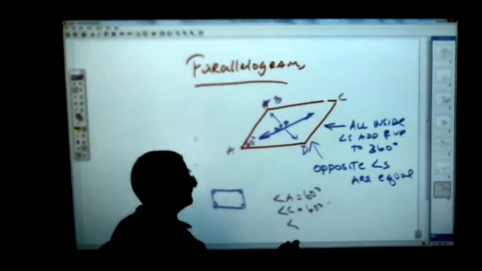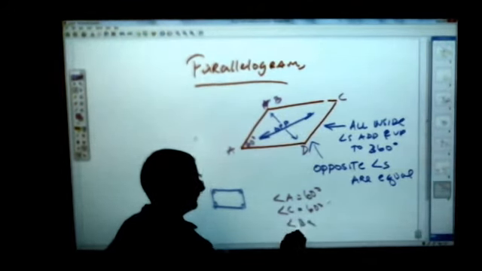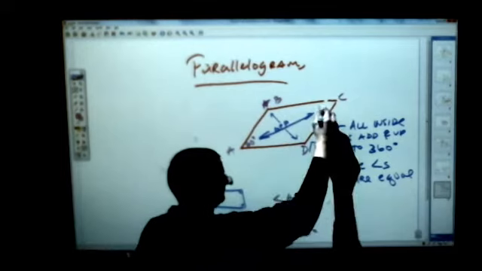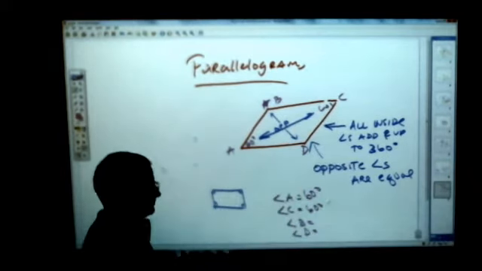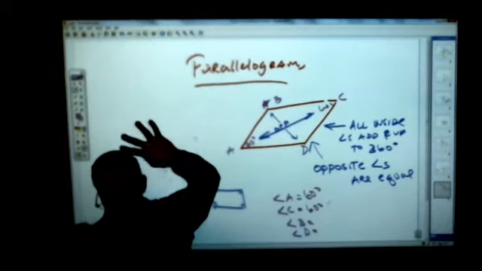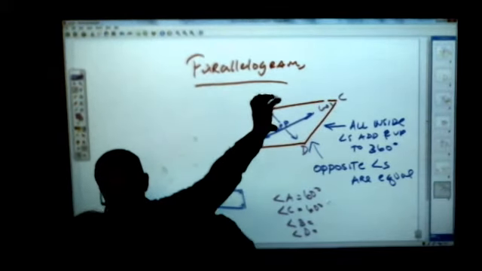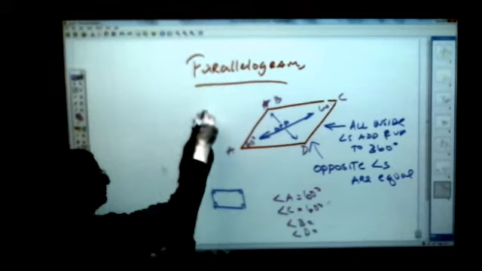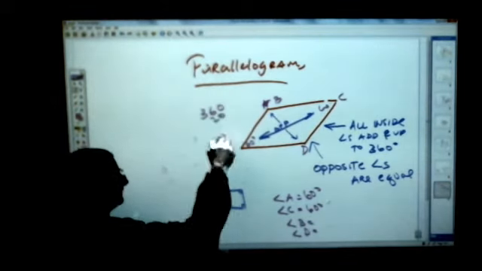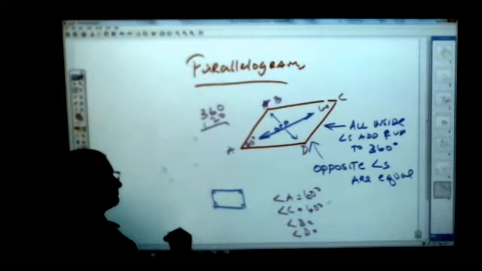Now what about angle B and angle D? Well, ladies and gentlemen, here's what you need to understand. My two 60-degree angles give me how many degrees so far? 60 plus 60 is 120. I know there's 360 degrees. I already have 120 in angle A and angle C. That leaves me with just